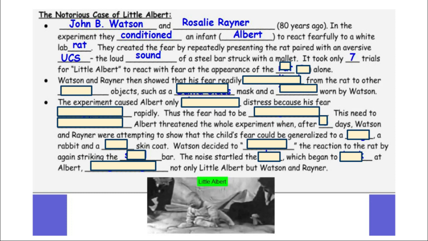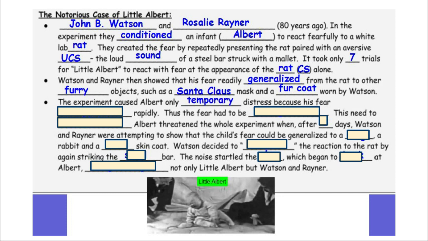It took only 7 trials for little Albert to react with fear at the appearance of the rat alone, our conditioned stimulus. Watson and Rayner then showed that his fear readily generalized from a rat to other white or furry objects, such as a Santa Claus mask and a fur coat worn by Watson. The experiment caused Albert only temporary distress because his fear extinguished rapidly. Thus, the fear had to be